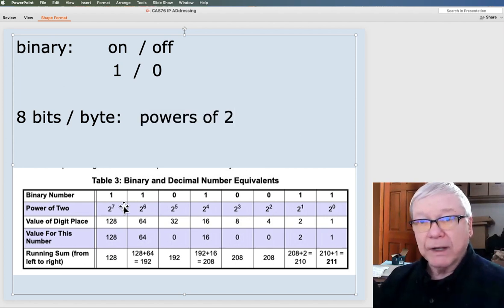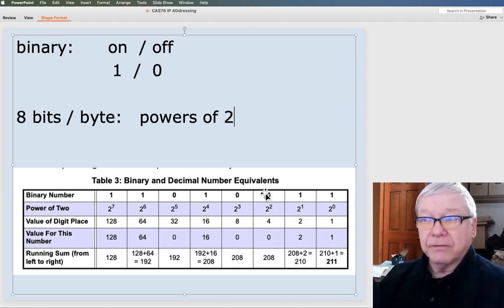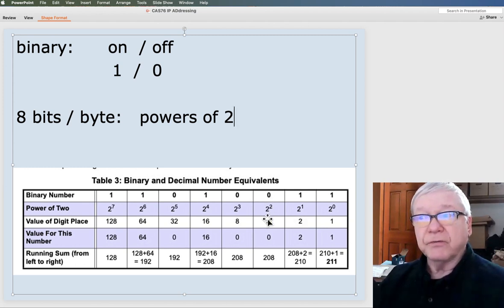Starting from the right-hand side, the first bit, a 1 or a 0, represents 2 to the 0 power. It's either a 1 or it's a 0. Second, 2 to the 1: it's either a 2 or it's a 0. Third, 2 squared: it's either a 4 or it's a 0. Next, it's either an 8 or a 0, or a 16 or a 0, or 32, 64, 128.